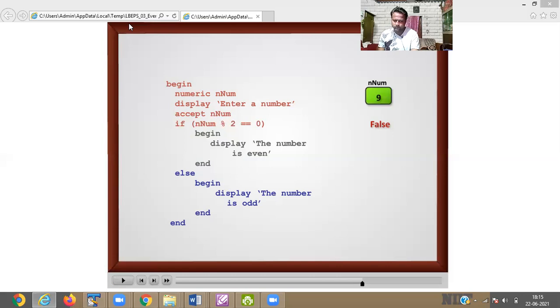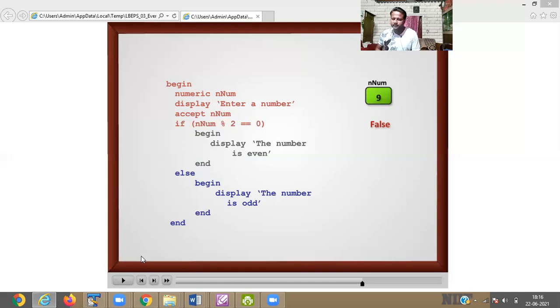So you write this question as homework: write a pseudocode.